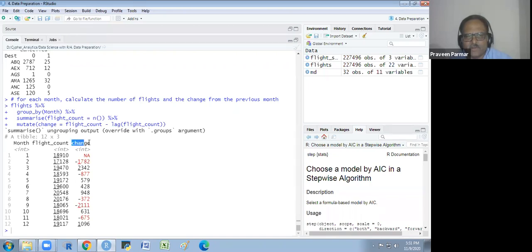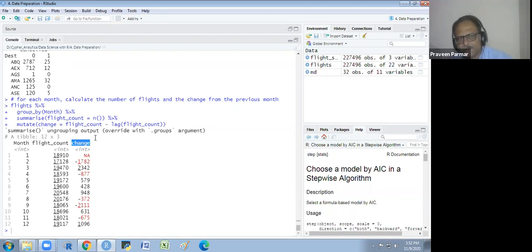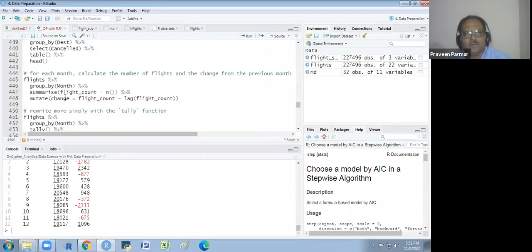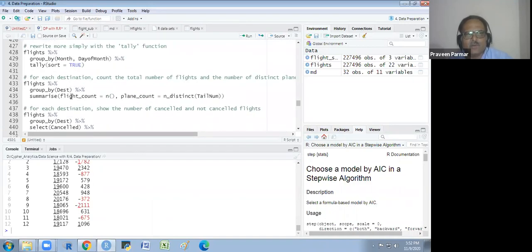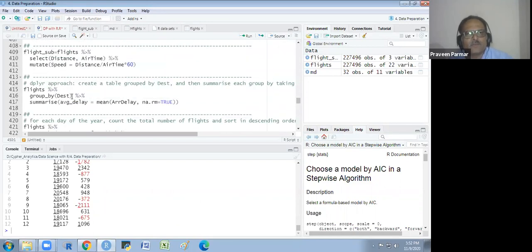So, sir, why is mutate used here? With mutate, we are making a new column, change. You see, this is the new column change. We don't have a change column in our data frame. So we are making a new column for showing that change. For making a new column, mutate is used. Whenever we make a new column, we use the mutate function. You see, everywhere we have used mutate for making a new column. In the previous example, I will show you, you see here the mutate.